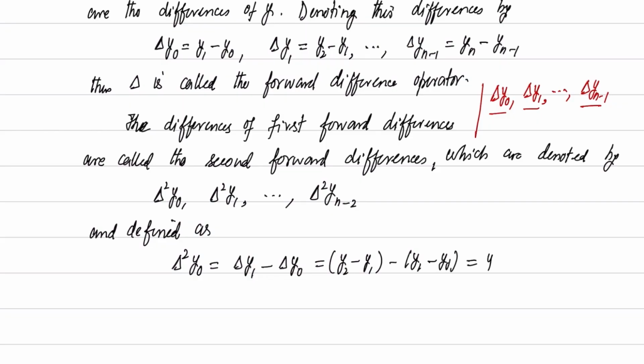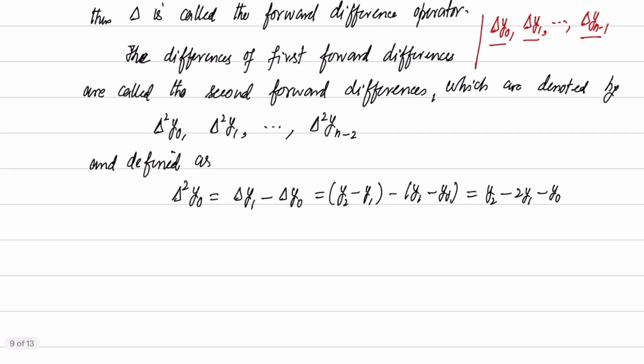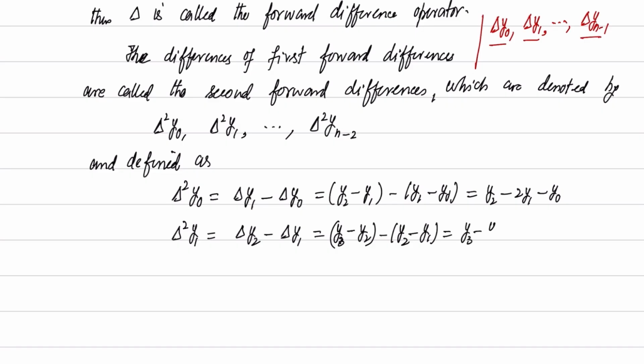Now taking this sum, we get y2 minus twice y1 minus y naught. So this is the value of the second forward difference for this delta naught. Similarly, delta square y1 we can define as delta y2 minus delta y1. Now delta y2 is equal to y3 minus y2, and delta y1 is y2 minus y1. Now this becomes y3 minus 2y2